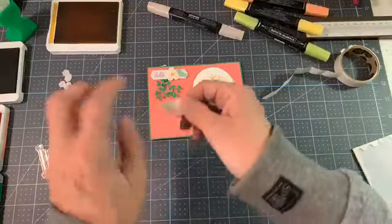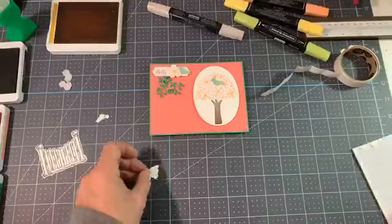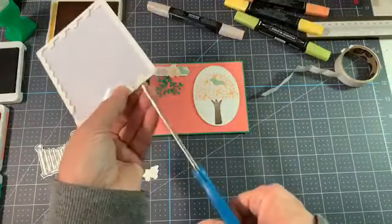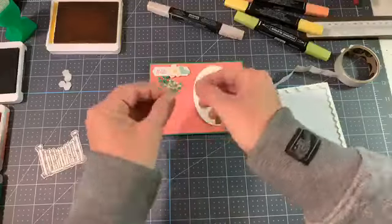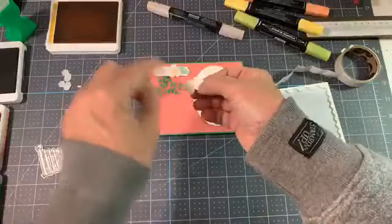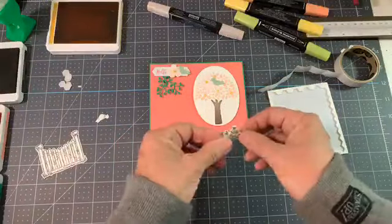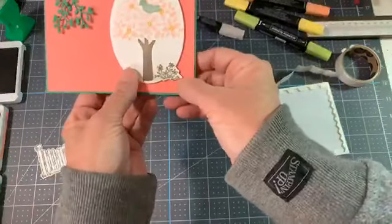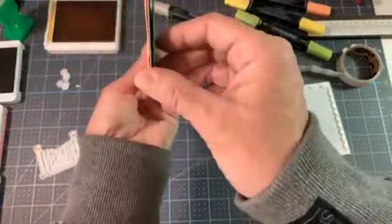Now on this, a little Tombow right here. So I'm going to attach this here, and I need a little dimensional right there. So I'm going to cut a little straight piece right here. I mean, you seriously use every bit of your dimensionals. So let me do this again. It's on this side. I need a teeny tiny piece of dimensional right there. And now over on this side, I need a little Tombow. Because our oval is already popped up, you should not use a big dimensional if you're going to put it on there. So see, I needed a little support out here on the card, and then some Tombow right here,